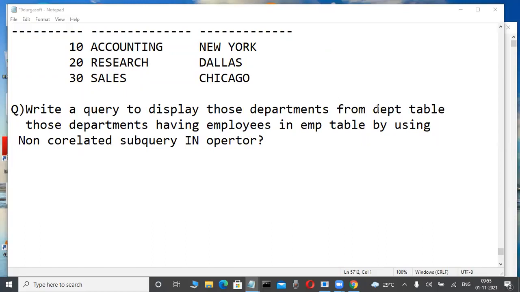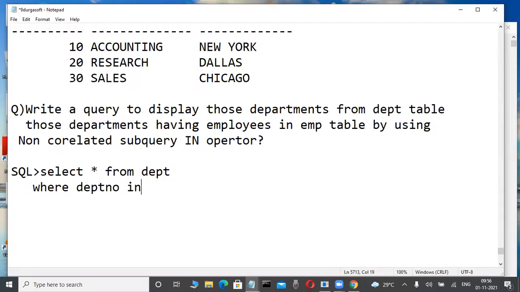Very good. So many fellows are writing. Correct. Now it's very easy, check it out. Here, select star from DEPT, where department number, the column name, IN. Not EXISTS here, because non-correlated with the IN operator they are asking. Because the subquery returns multiple rows, that's why the IN operator. Very good. Here, select